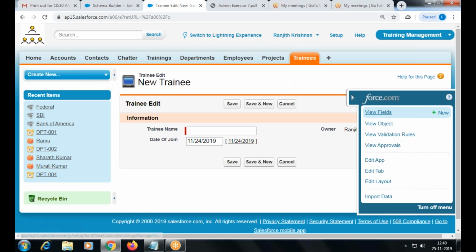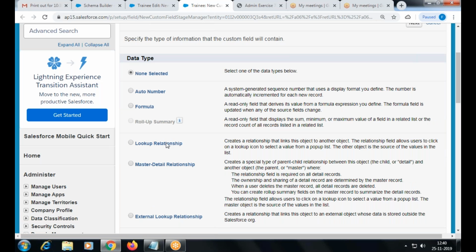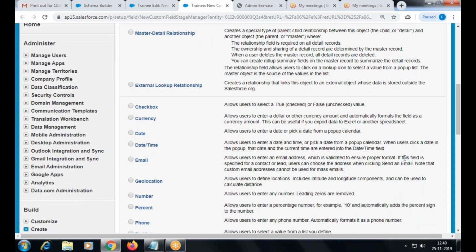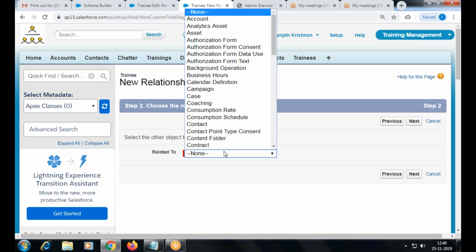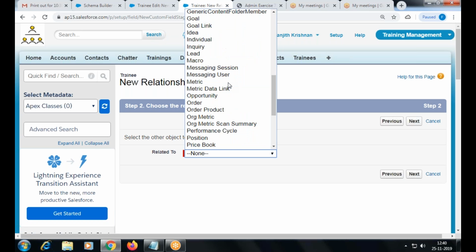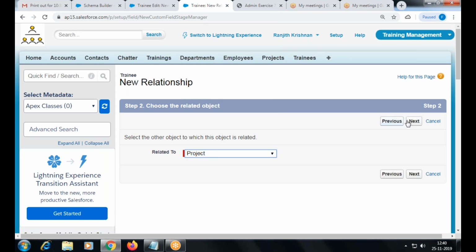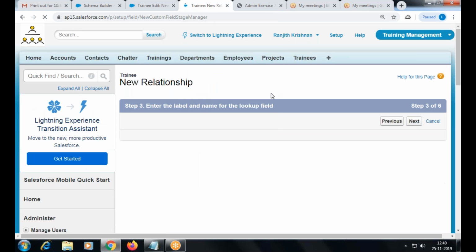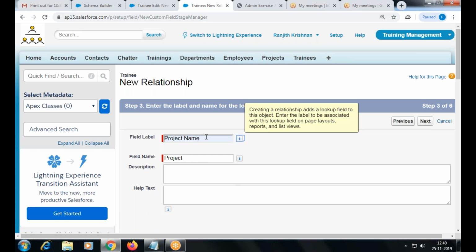So creating a field here, new, lookup, parent, project, and the name that needs to be displayed.